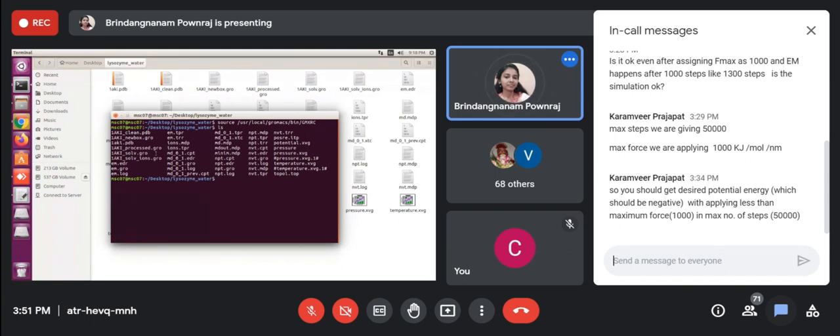logs. So you will get the md.xtc file and the md.tpr file. These two files you have to remember. These are the most important files to do the analysis further. So the XTC file, then the TPR file. As I told in the beginning, the TPR file has all the parameters for all the atoms in the system. That also we will give as input for all the analysis steps.